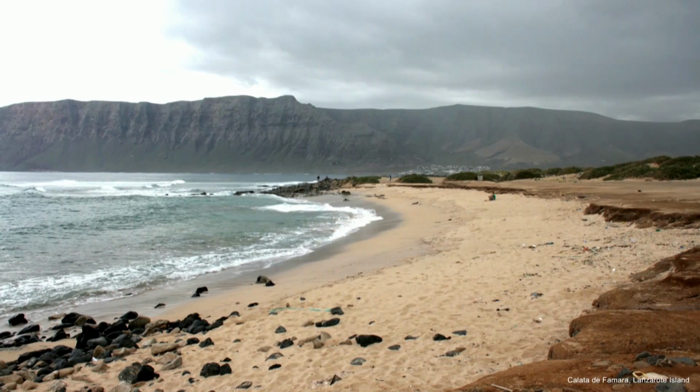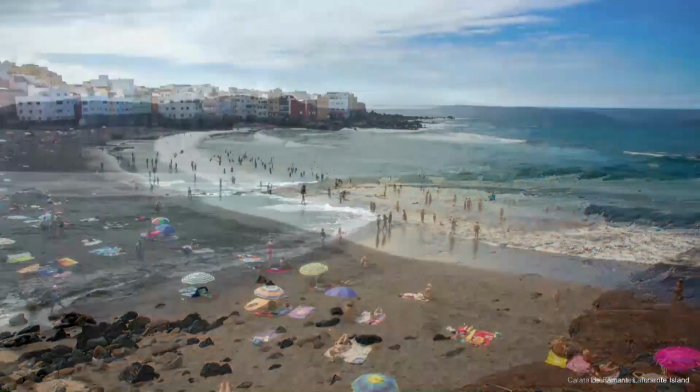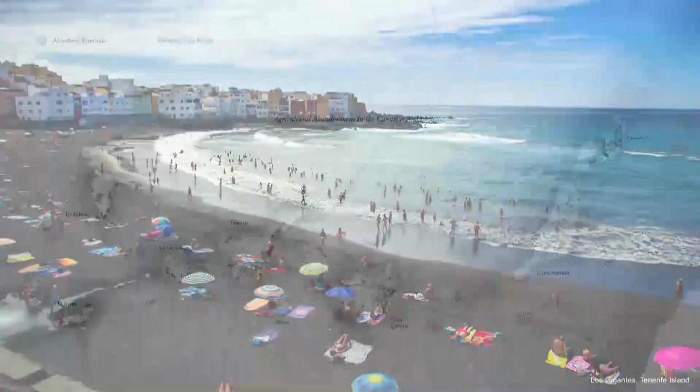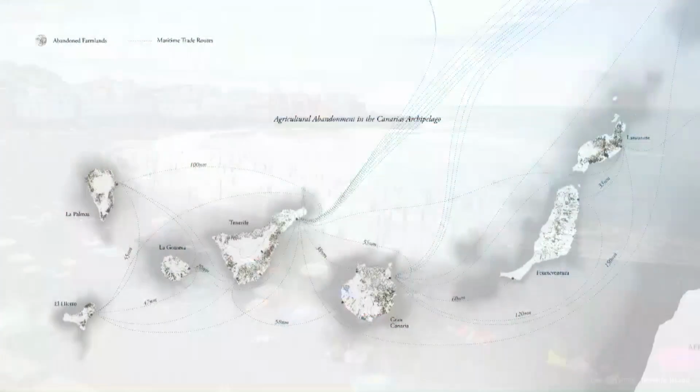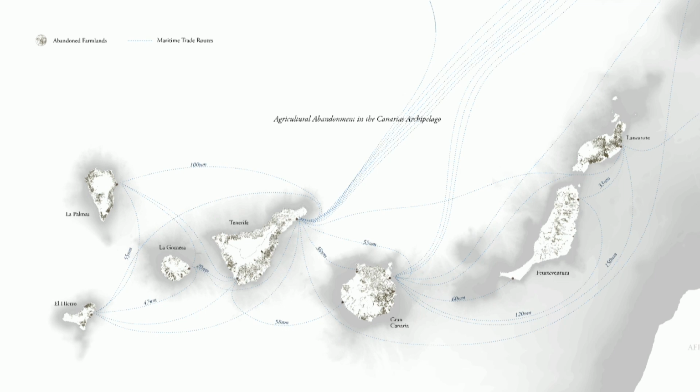And it's because of their amazing sunny weather and a lot of their beautiful landscapes. But what we don't know about it is that there's a lot of land abandonment in the area, and a lot of spatial issues, a lot of economic issues that are rooted within all the islands in the archipelago. And the abandonment is the agricultural abandonment. It's even more alarming when you consider that just 60 years ago, all of their economy was based on agriculture and fisheries.